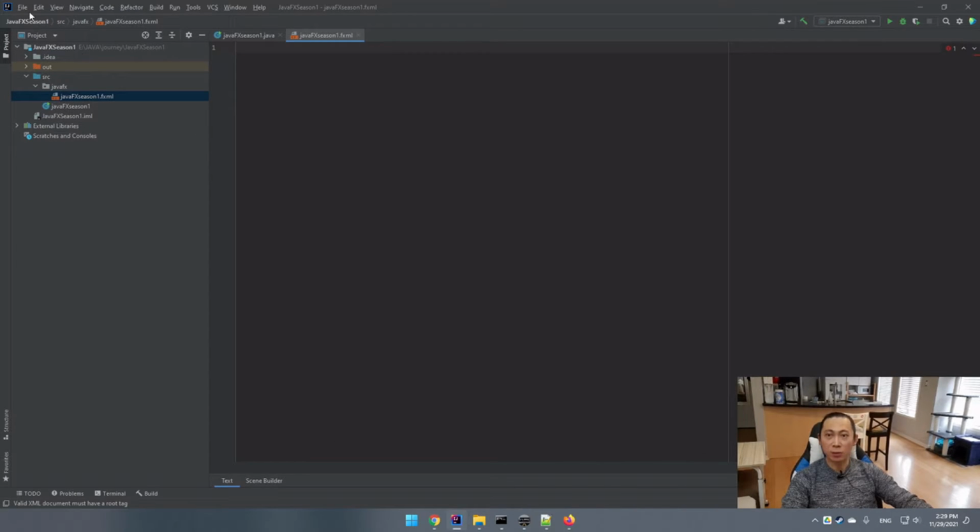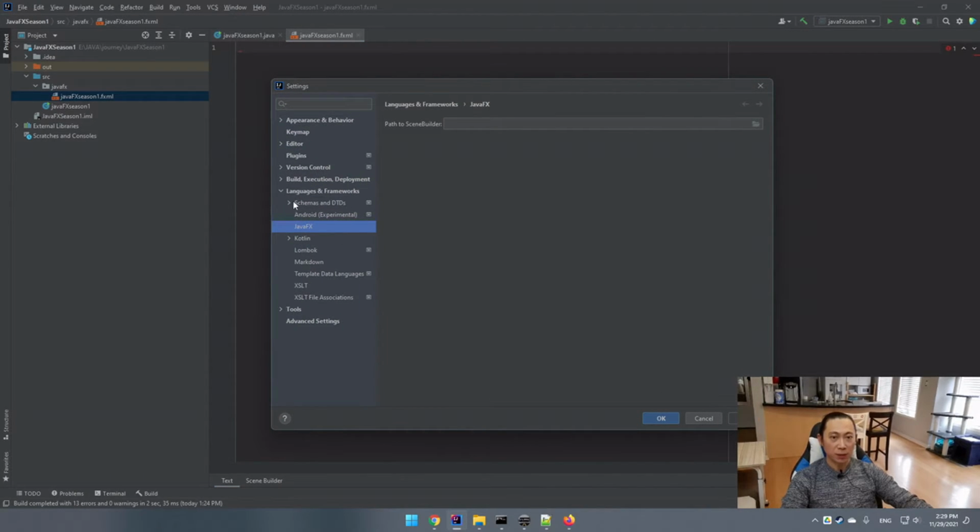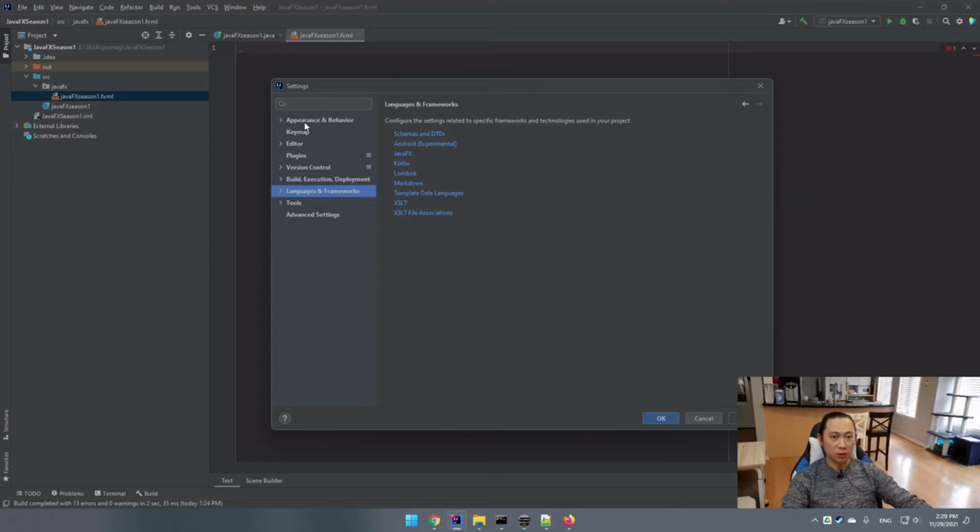It's fine. And then we go to the top left corner, files. This time we are looking for settings. All right. Last time was the project structure. Now it's settings. In settings, I guess on your end you may end up here. The first option was selected by default, but no big deal. Just looking for the build execution stuff. Oh, not this one. Language and frameworks. Okay, language and frameworks. Looking for